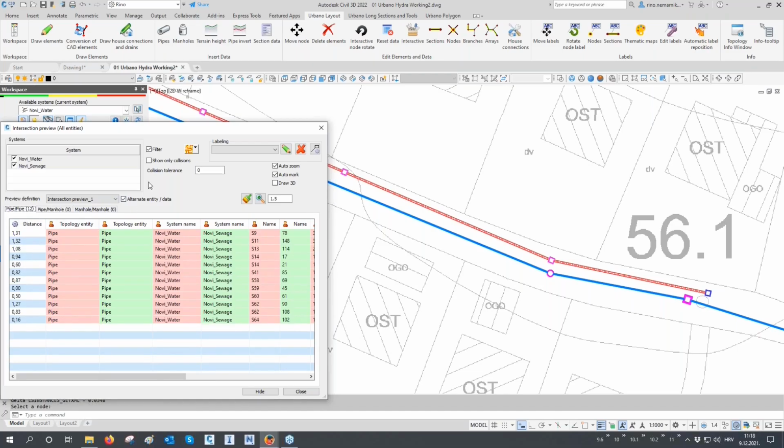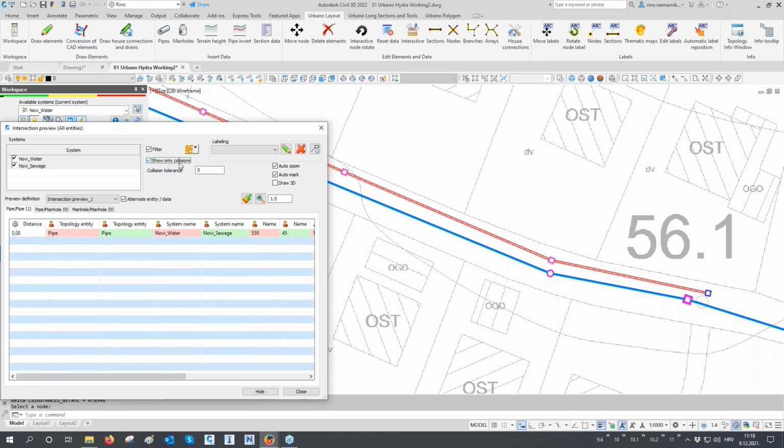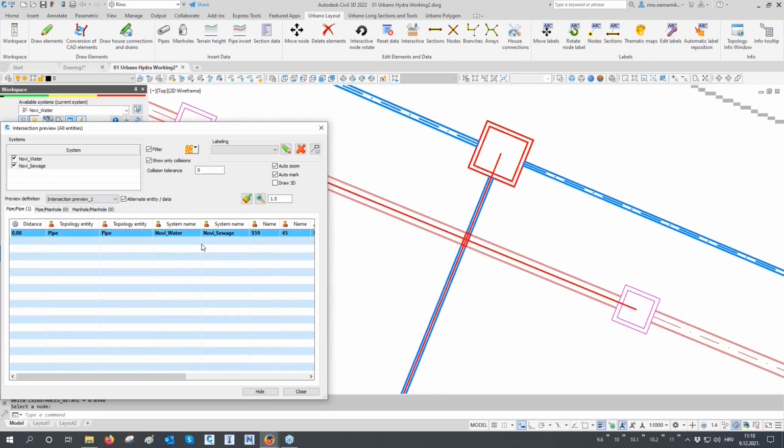And let's now click here, show only collisions. So we can sort this data table by distances, and we also see that here is 0. So obviously here is a clash, but let's filter it out and let's click here, show only collisions. And here we see that even though we moved this node here, we still have a clash between these two